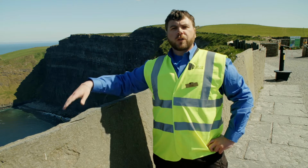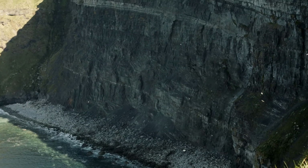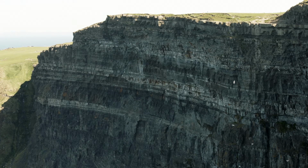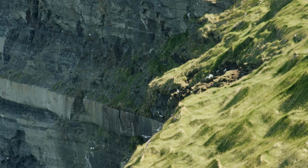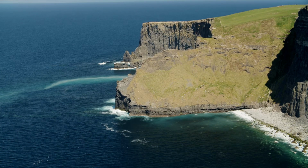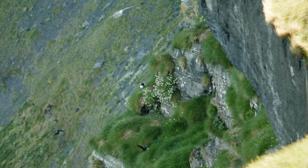The cliff range here was called the Leaping Falls because it's said that the Tuatha Dé Danann people, when St. Patrick brought Christianity, fled underground, to a series of caves along the Doolin and further inland area. Now, a couple of years passed and the Tuatha Dé Danann ventured out, although they were very skittish about venturing forth into a land that had embraced Christianity, so they decided to disguise themselves as white